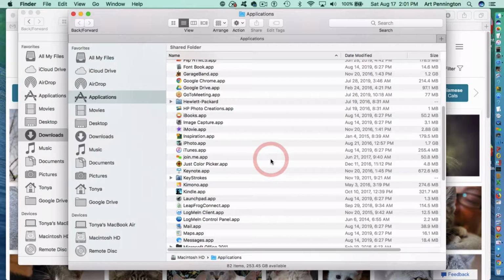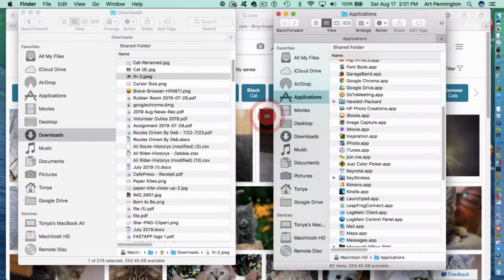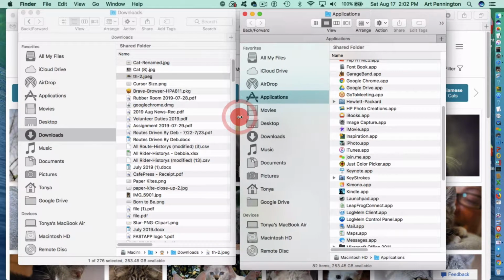All right, I've got a second one already open here. You can also drag the left side or the right side, either way works. Okay, and I want to,